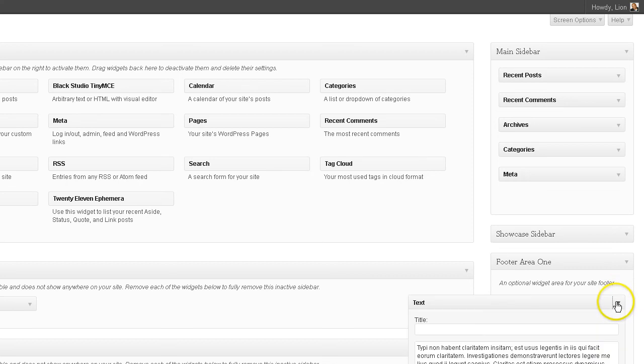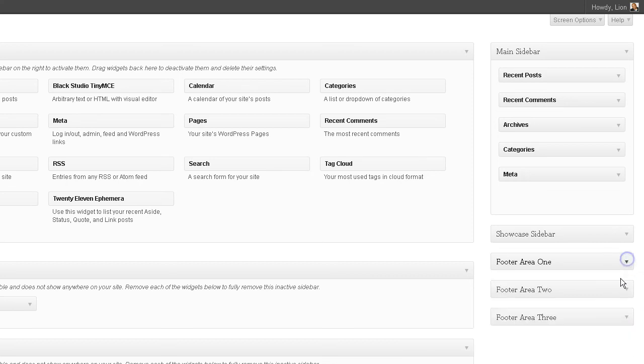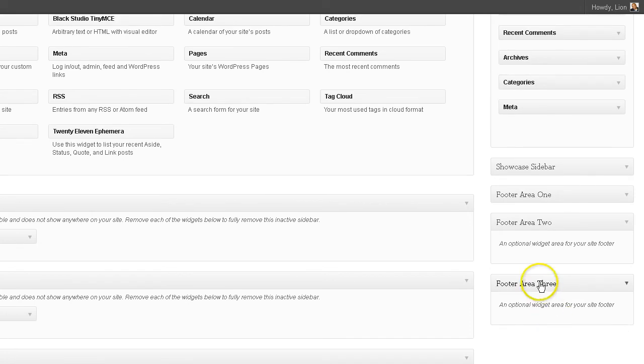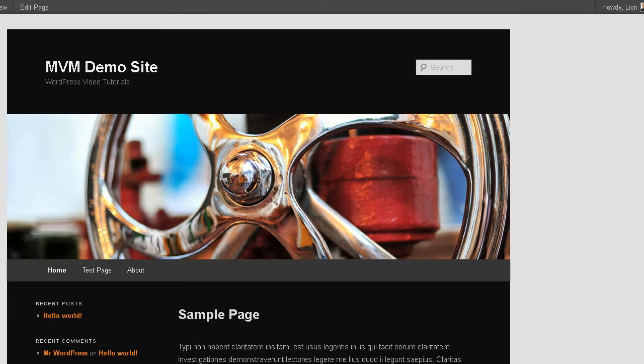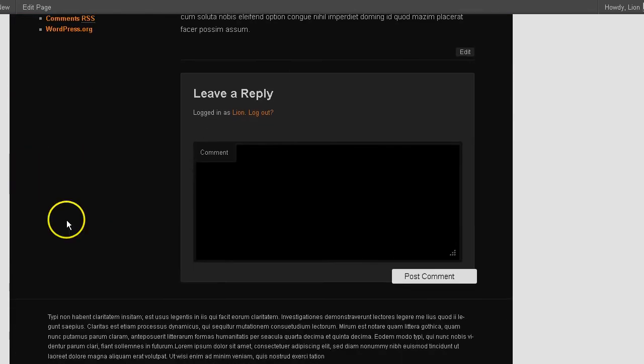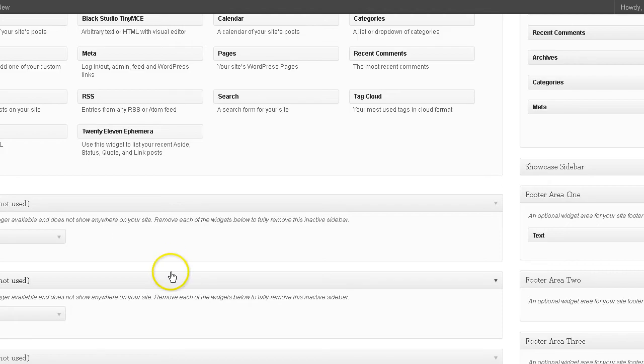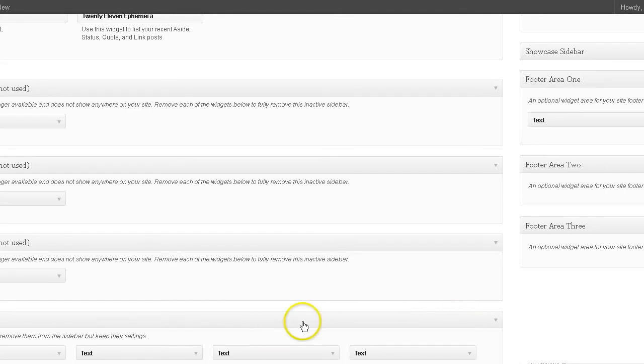Okay. Area 2, area 1, area 3. Area 3 and 2 currently don't have anything in them. Area 1 does, and right now it's showing in a horizontal fashion, which is pretty cool for a widget, smart widget. It spreads out horizontally. Now if I add content to the other two, then it will show as 3 individual widgets, which we're going to do right now. So let me grab